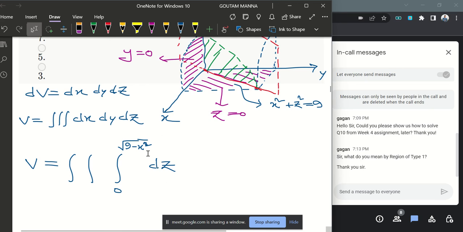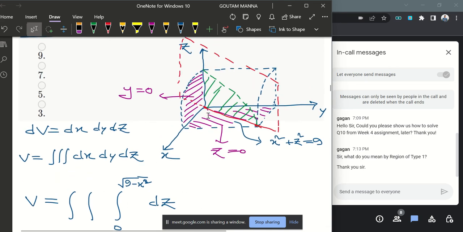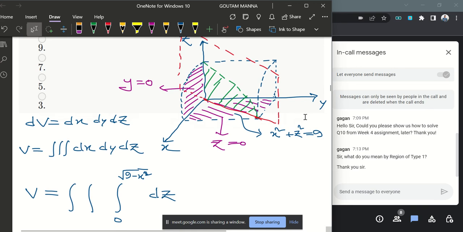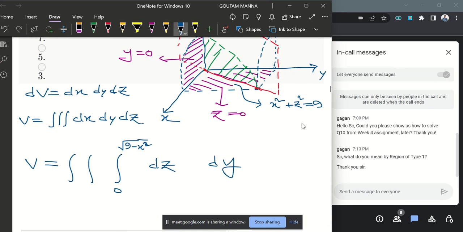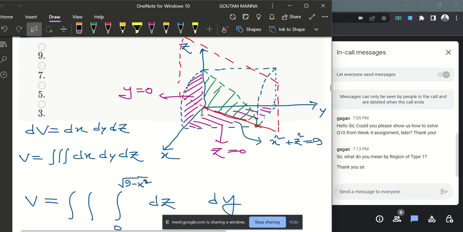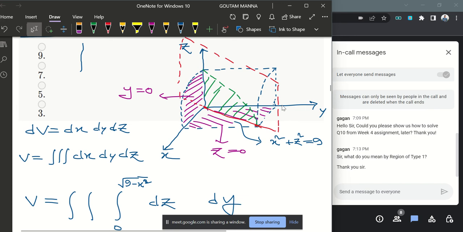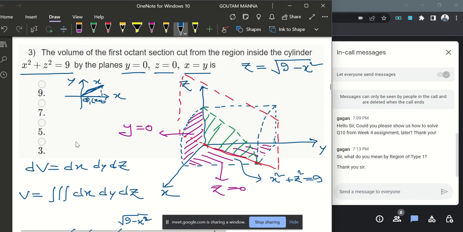So after we did the z integration, now we are in the xy plane. So z integration is done. In that case, let's say we are trying to put the limit of y integration. So y will vary from 0 to x. In the xy plane, the region will look like this. This is x. So y is varying from 0, this is phi 1 x equals to 0, and this is phi 2 x equals to x. So y is varying from 0 to x,